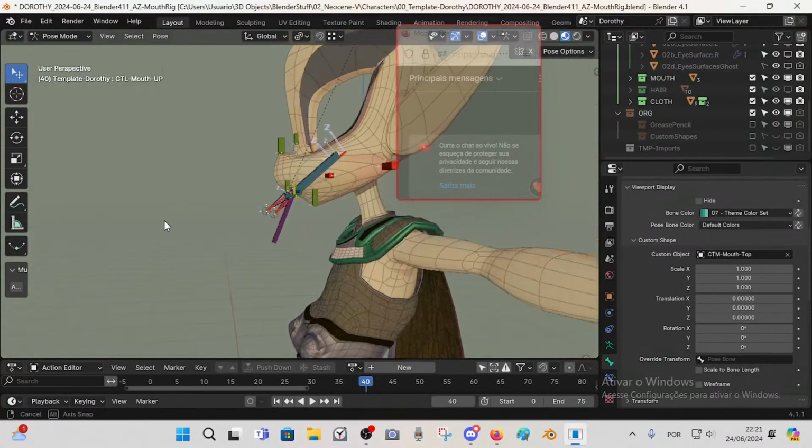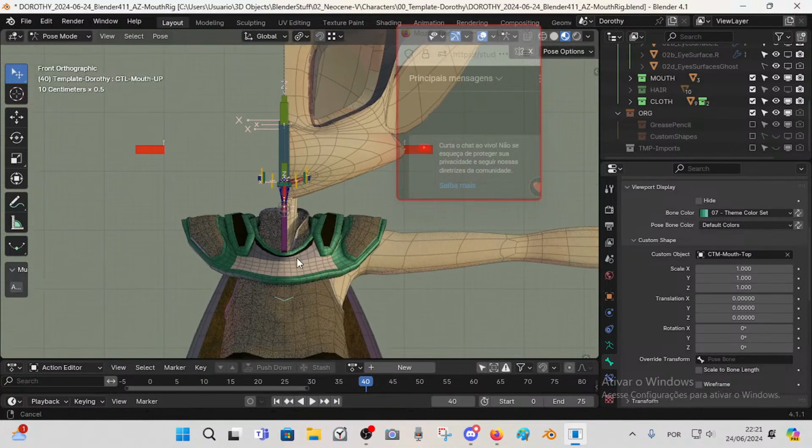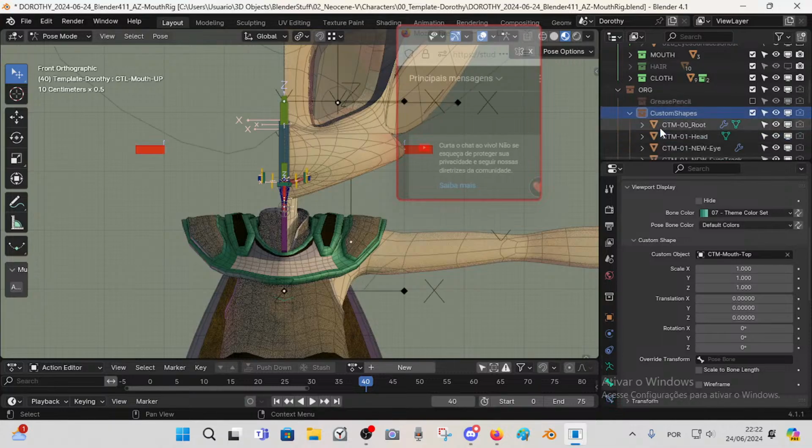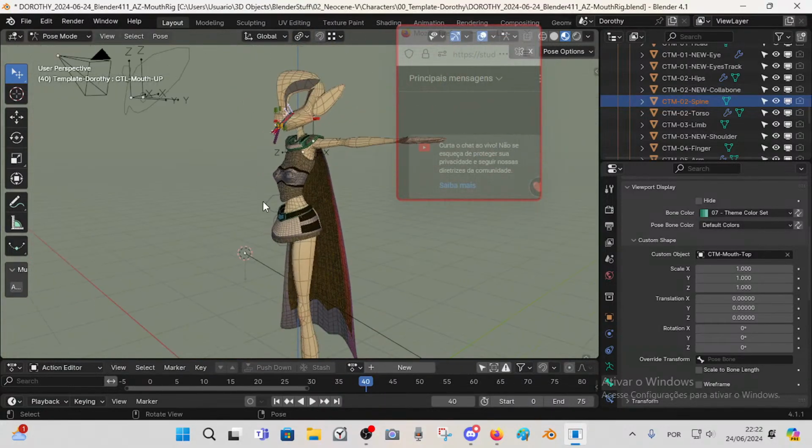It got displaced to somewhere. Doesn't look good. I have no idea why it is here. Maybe I need to place its origin. I don't remember what's the method for that. I have a few other custom shapes which I use this method that I'm talking about. So let's see. I think maybe